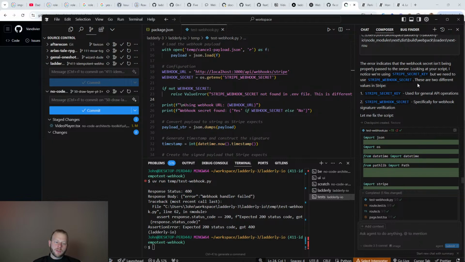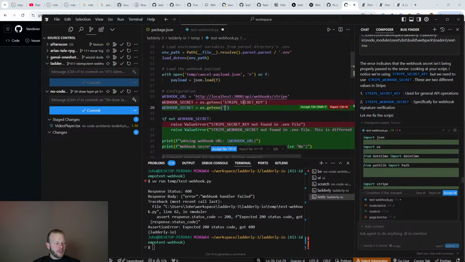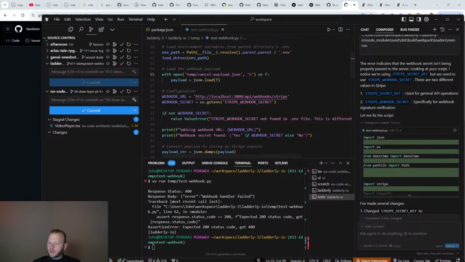Interesting. Okay. Well, let me go get that value. Maybe I'm just not using it at all. So I'm looking on my Stripe portal on the other browser.